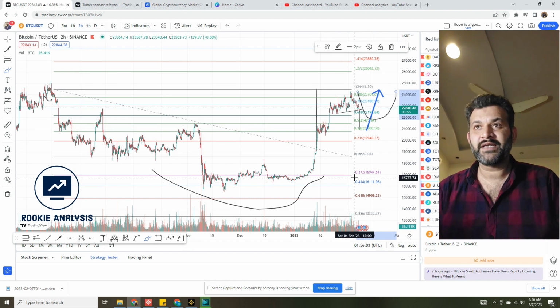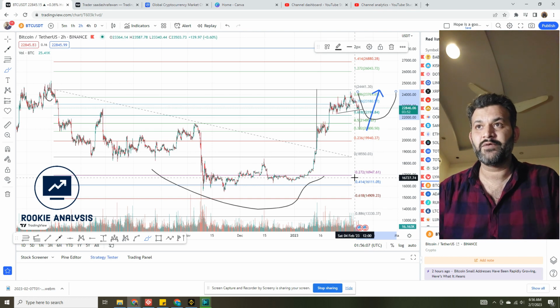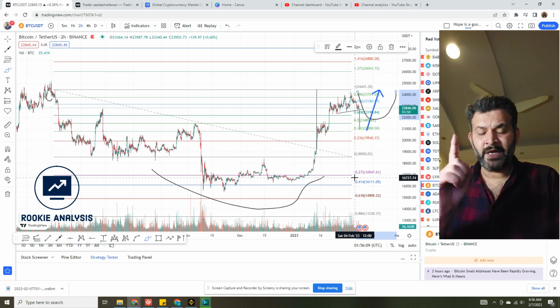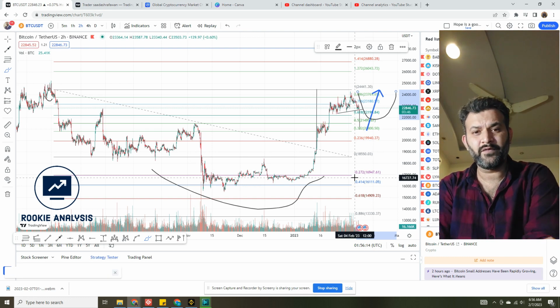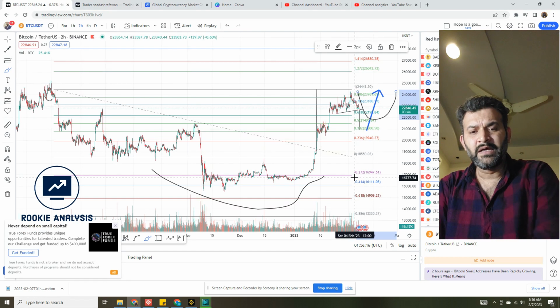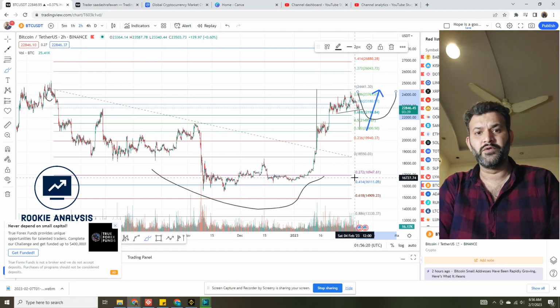So if you guys understand the method of BTC going down to 0.382, that is 21,000 level, and going up towards 245 almost. So that is how it's gonna play in my opinion, and you do check it with your own